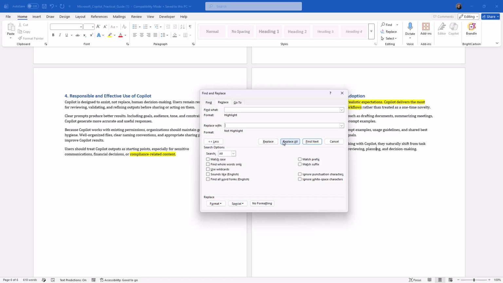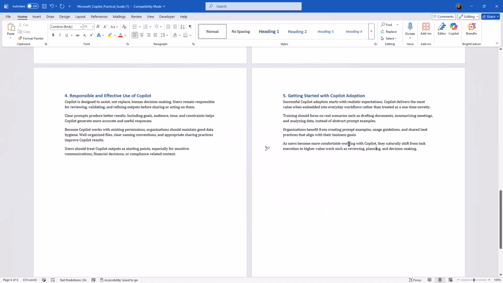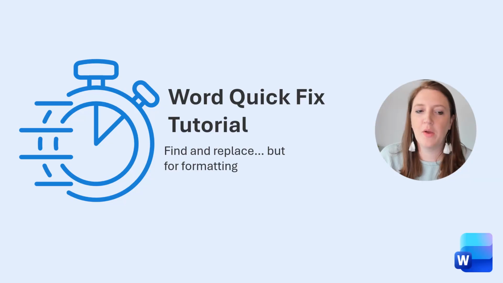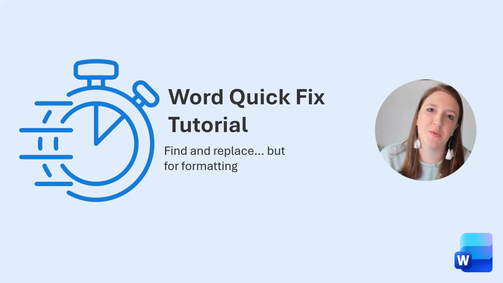I'm going to go ahead and click Replace All. It made 5 replacements. And if I go and look in here, I can see that there is no longer anything being highlighted. There you have it. Now your documents look consistent without needing to do a manual cleanup of the formatting. Remember, small changes, quick fixes, big